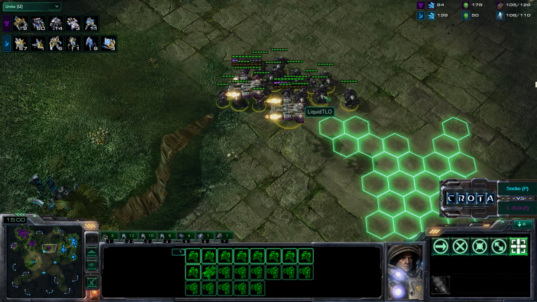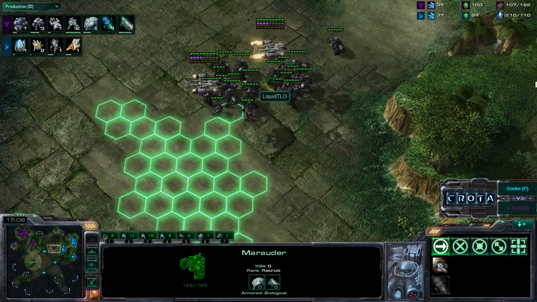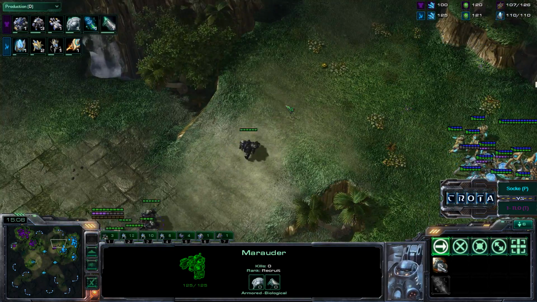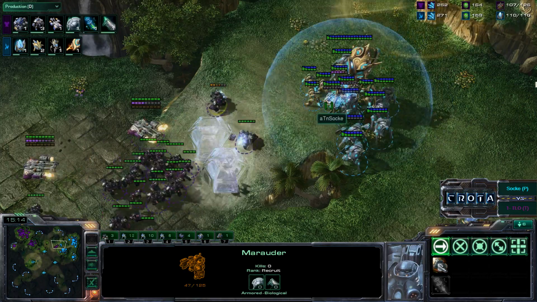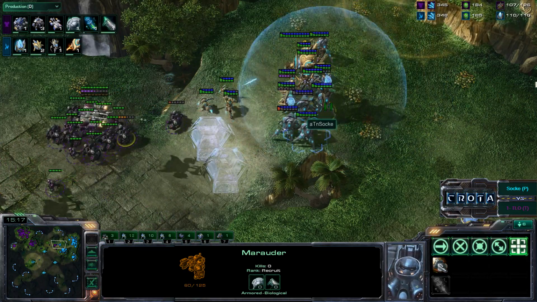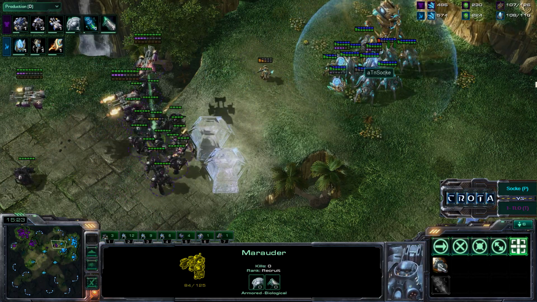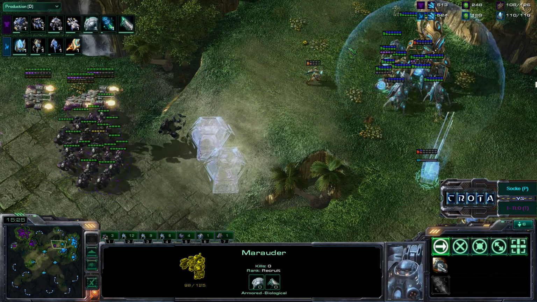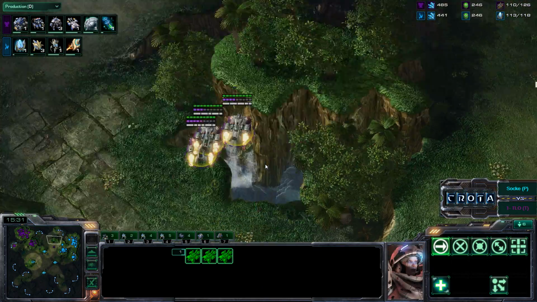TLO is now making his way out, Stim Pack still not yet done, and that's going to be a definite problem as TLO is not going to be able to kite his units nearly as effectively. There you go, Stalkers now trying to come in, there's the force field, but the force field is not getting that much damage there as the Colossus is now being forced to pull back. Another Zealot taking a lot of damage there, but able to retreat,